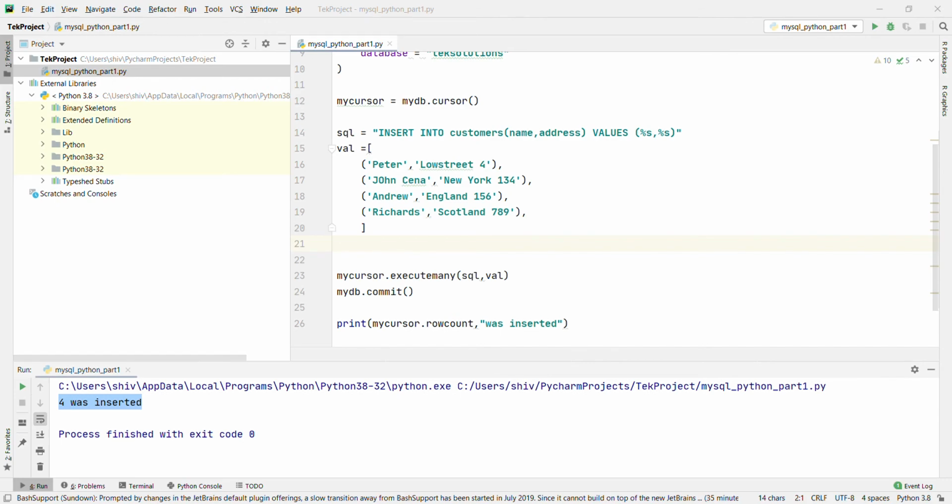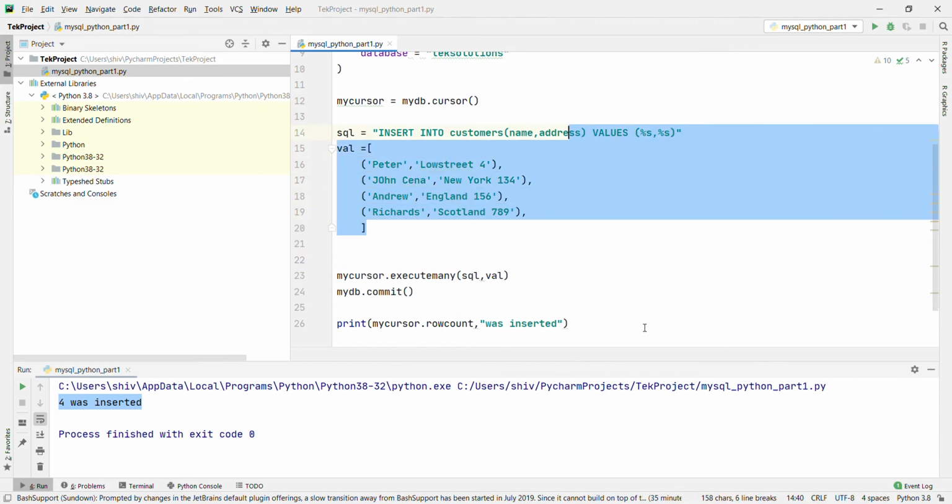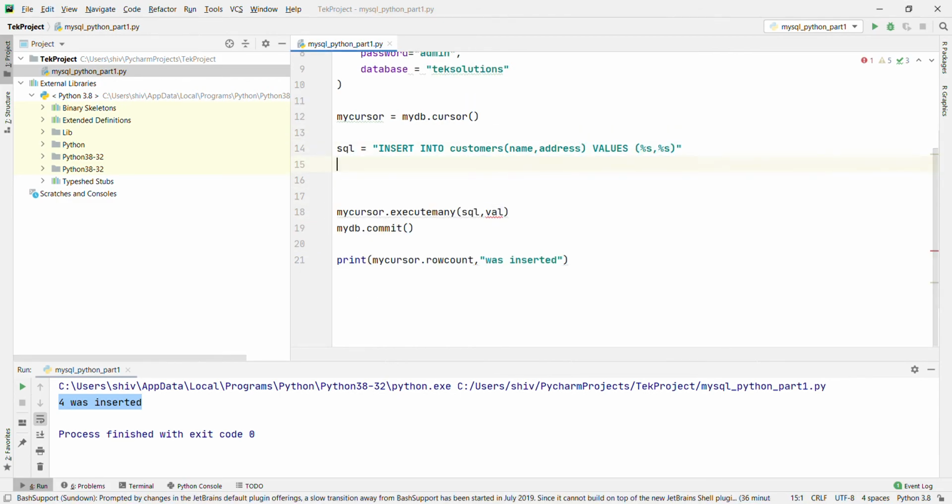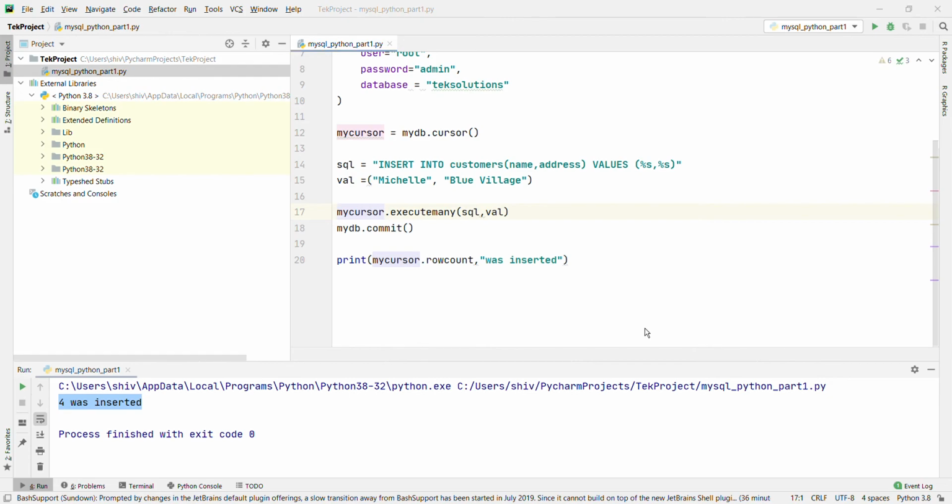Now I am going to return the last row ID. Val equal to Michael, Blue Village, and this time mycursor.execute instead of executemany because we are inserting only one row, and then mydb.commit, and one record inserted.